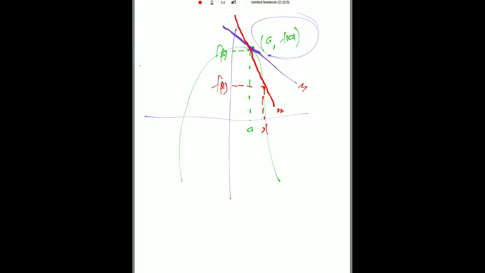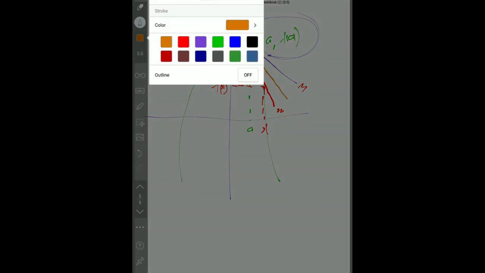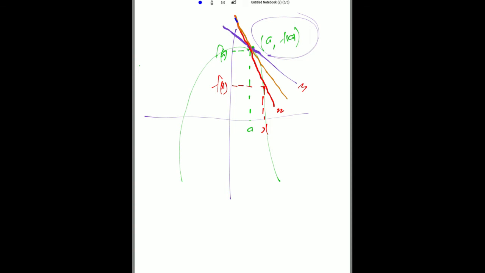So what I'm going to do is keep bringing this line that passes through the point (a, f(a)) closer to the point (a, f(a)), just bring it closer to the tangent line. So we are here getting a number of lines that pass through the point (a, f(a)), and they pass through another point on the curve. So we can easily find the gradient of those lines. So what we're going to do now is say, all right, to find the gradient